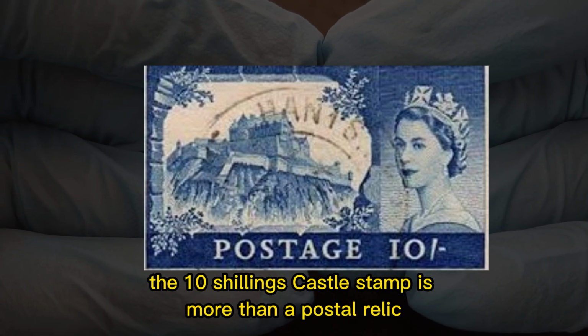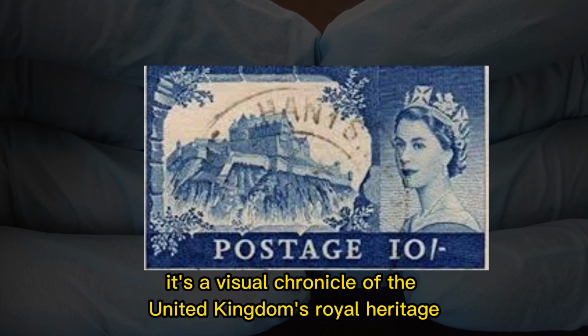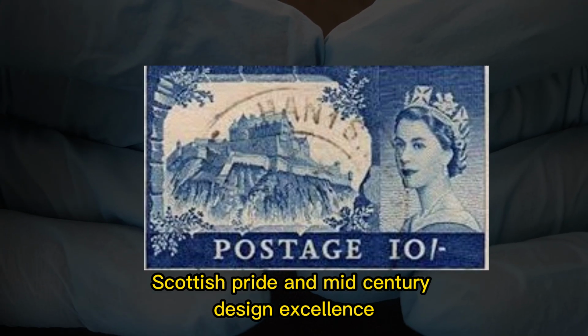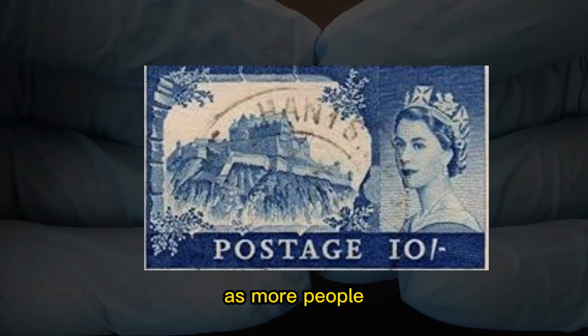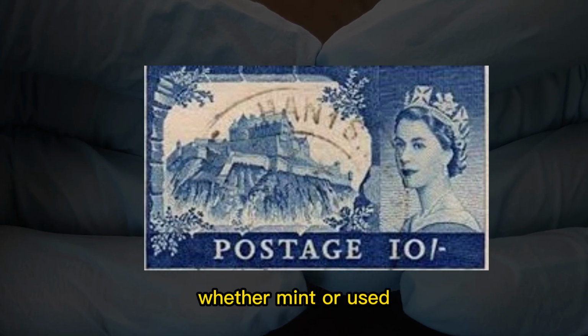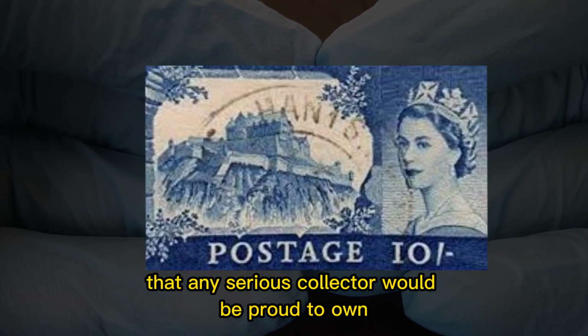In conclusion, the 10 shillings Castle stamp is more than a postal relic, it's a visual chronicle of the United Kingdom's royal heritage, Scottish pride, and mid-century design excellence. In today's collector market, its value continues to grow as more people recognize the importance of preserving these masterpieces. Whether mint or used, the 10 shillings Castle is a valuable piece of history that any serious collector would be